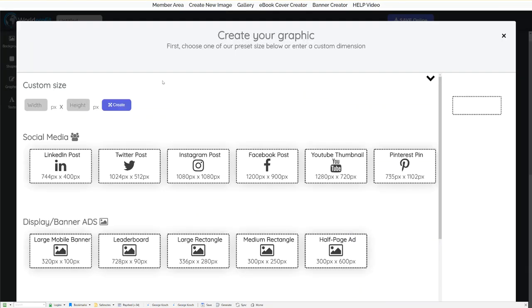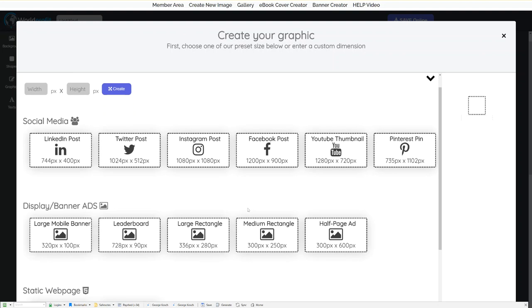So I highly recommend you either use Google Chrome or Microsoft Edge Chrome, which is their new browser, which you can just download. Just go Microsoft Edge Chrome and it'll come up. Anyways, it works in the browser completely, and you can see you can start off with some of these sizes here and create from there,